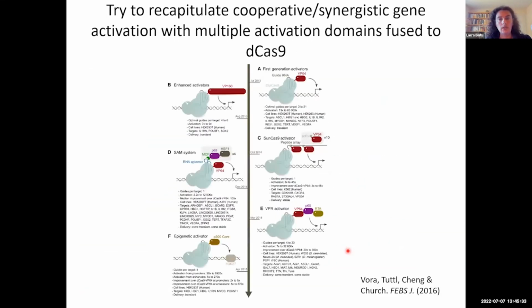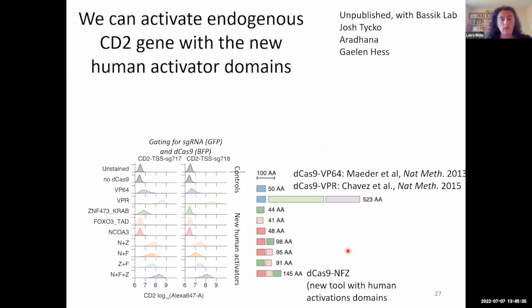So let me just show you that part. We attached the new kind of activator domains that we found in our screen. We combined them, zinc finger, FOXO, and COA, into a triplet that's very short and can activate gene expression quite well at that endogenous gene, similar to the previous CRISPR activator, which is dCas9 VPR, which is longer and fused to viral